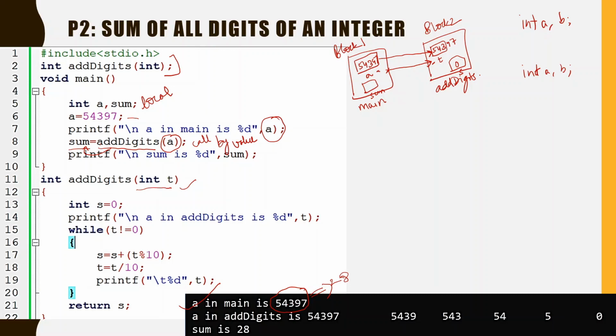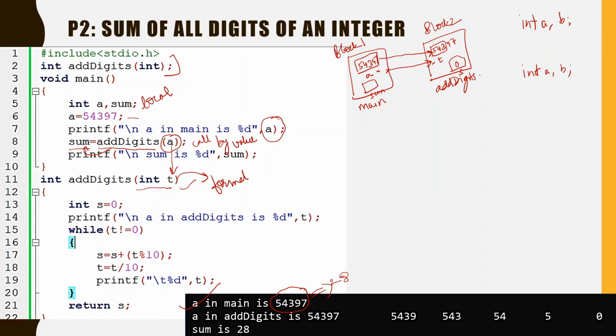So this example should make you know that there is no relationship between the names of the actual and formal parameters. You can write any name that you choose. There is no necessity that they should have the same name, but you can have the same name also, because there is no collision of the memory, because they are stored in different memory blocks. So the same name can be there, but a different name can also be there. Now as soon as this call happens, this formal parameter takes a copy of the value, that is, the value of a is copied to this parameter t.